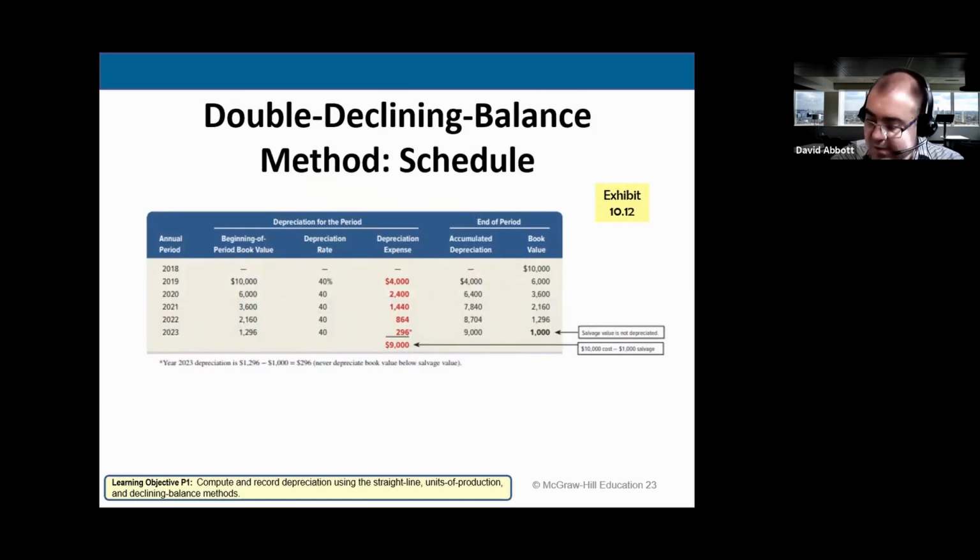The double declining balance depreciation schedule is shown here. The schedule follows the formula except for year 2023, when depreciation expense is $296. This $296 is not equal to 40% times $1,296, or $518.40. If we had used the